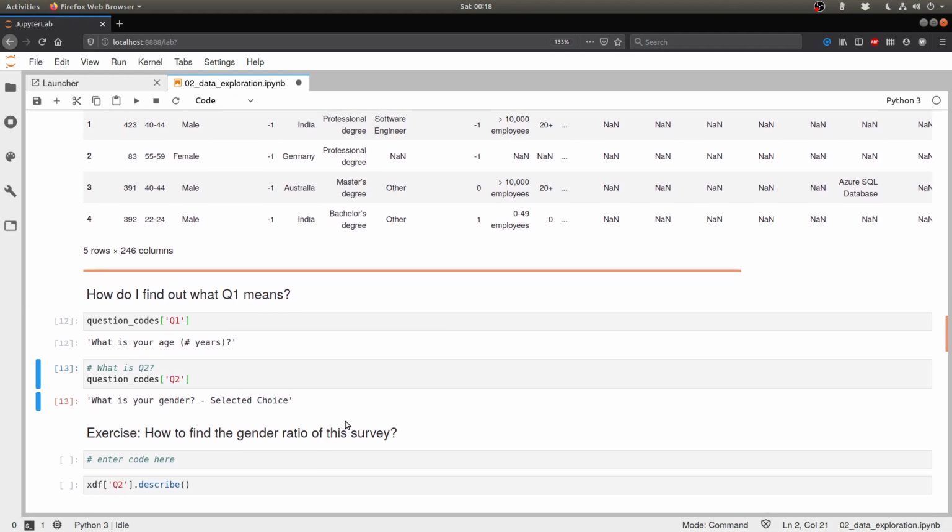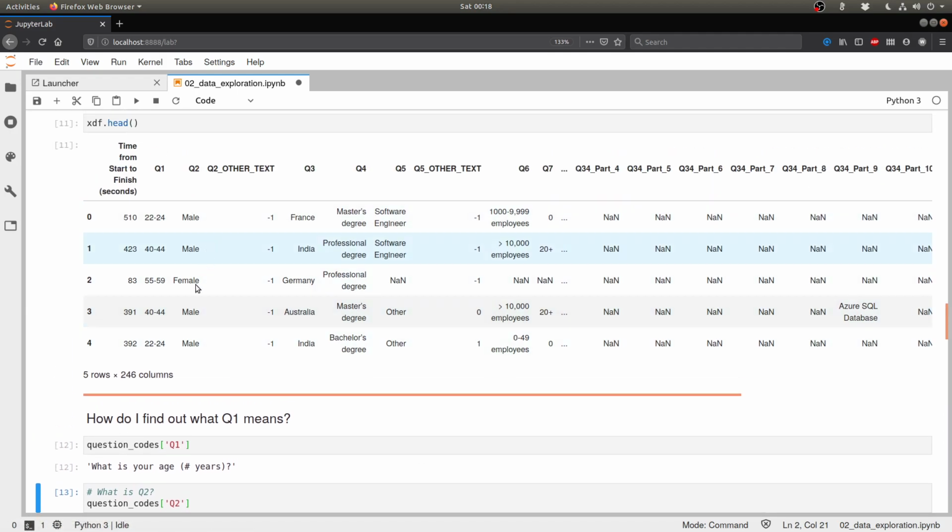And here's an exercise. How would we find the gender ratio of this survey? Pause the video for a while, take a minute to think about it and do the exercise. We already know how to get a particular column out of pandas. We just do df square brackets, put in the name of the column, and that gives you the whole column. So one of the things we might want to do is to count all the males and females and find their ratio.